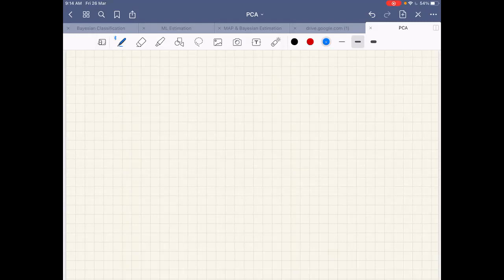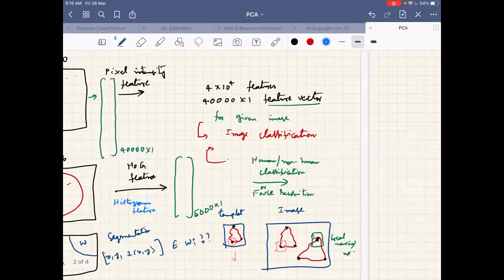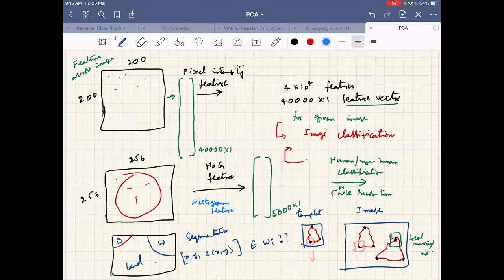So the number of samples to perform classification tasks grows exponentially with the dimension of the features. So there is a need for more and more samples if you want to use more and more features for classification. Given all these things, we need some kind of dimensionality reduction techniques.